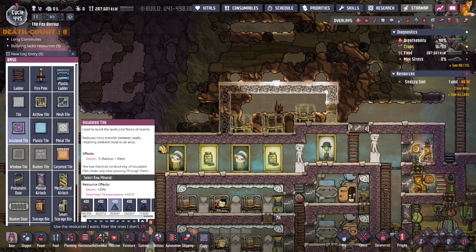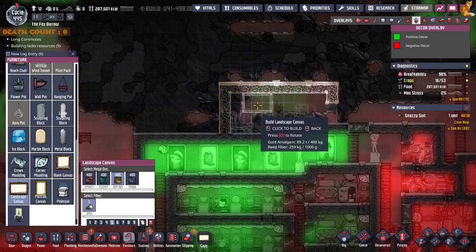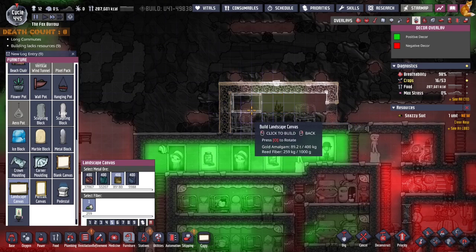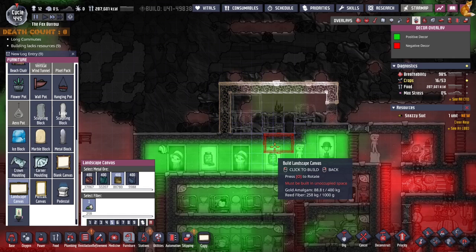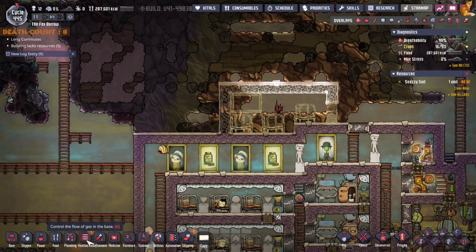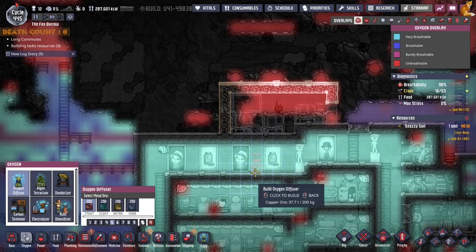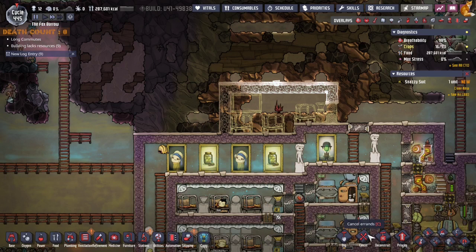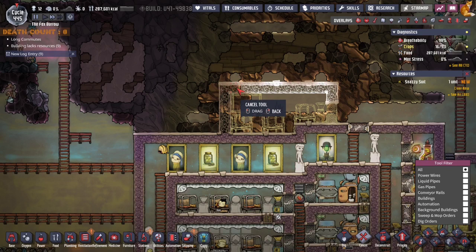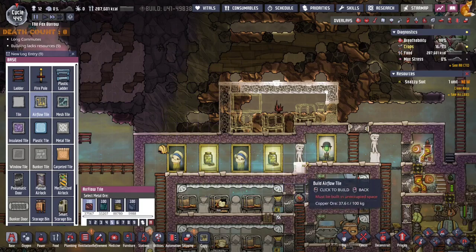And okay, you know what? Furniture again. Going to put a big old landscape canvas in. Actually, I can fit 2 in there once that plant is gone, so that's awesome. So just 1 for now until all that digging is taken care of. And where is my oxygen? Oxygen. We have an oxygen diffuser that goes there. And I realize that this should actually be an airflow. And then